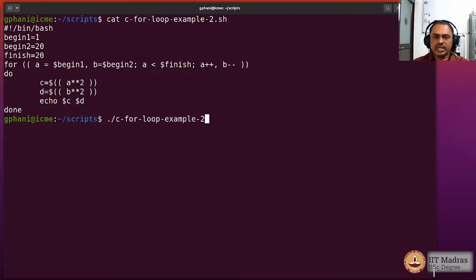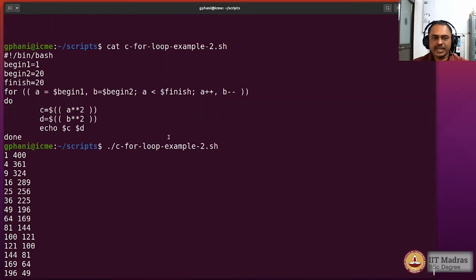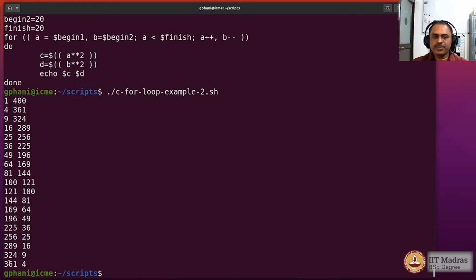So let us look at the output. As you could expect, we are going from 1 to 20, but not including 20. So 1 to 19, you are having the square that is displayed, but the B is actually going in the reverse direction from 20 to 2, and it is also being squared and displayed. Okay, so this construction where you have got multiple initializations and multiple increments is also sometimes very useful for certain